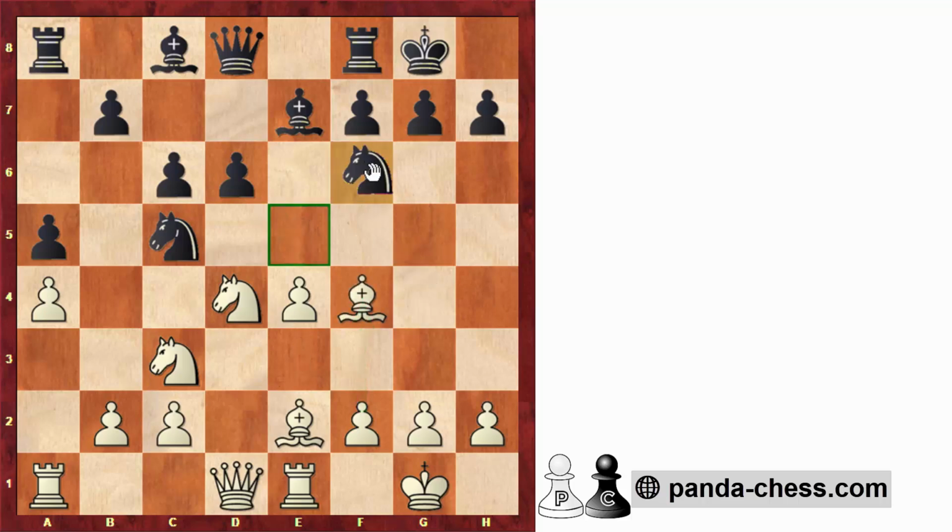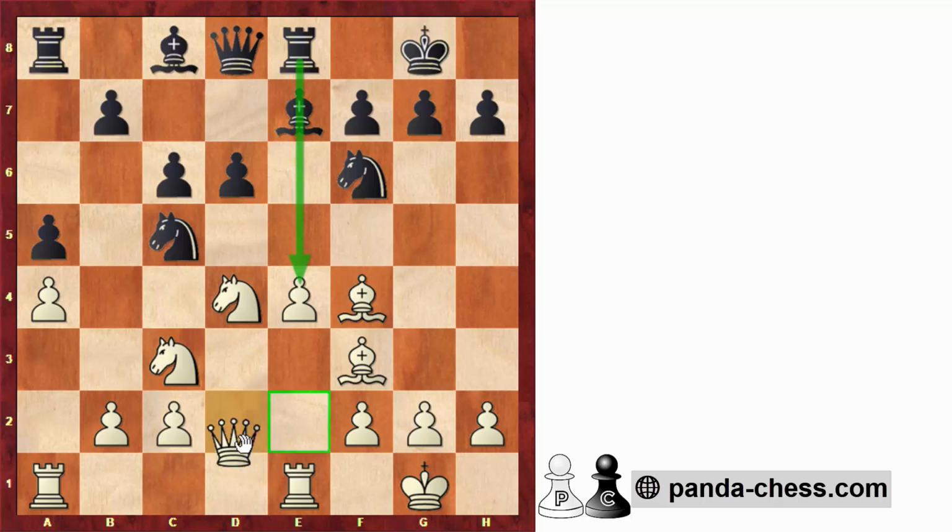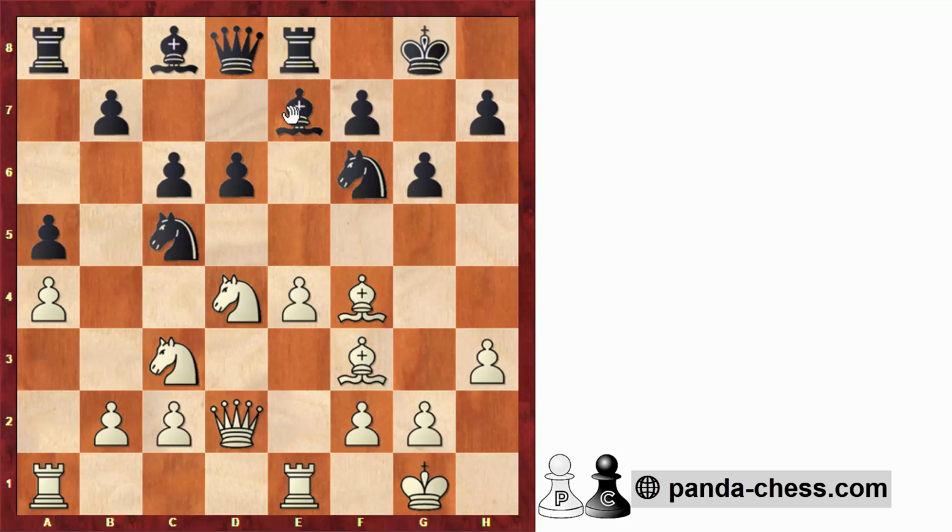So here Black went back to f6, attacking the pawn on e4, and after bishop to f3, this bishop doesn't look particularly useful here, but the position still remains fairly balanced. Black went rook to e8, the main idea being to move the bishop and then put some pressure on e4. And after queen to d2, g6, h3, here Black could have played something like bishop to f8, and then bring